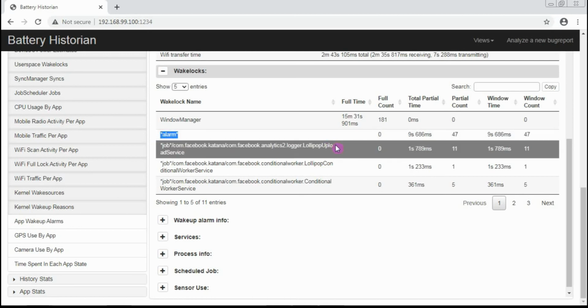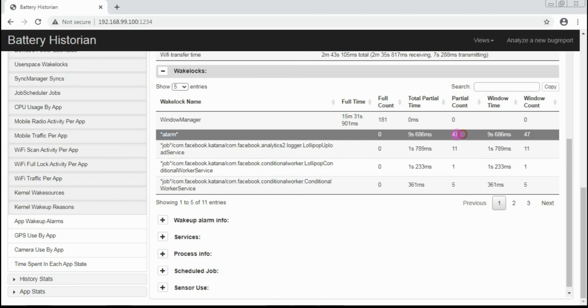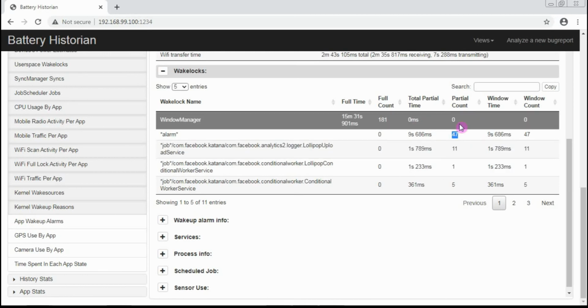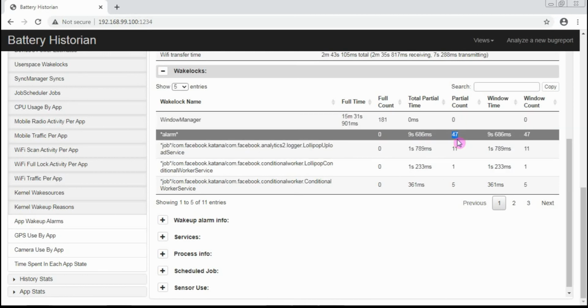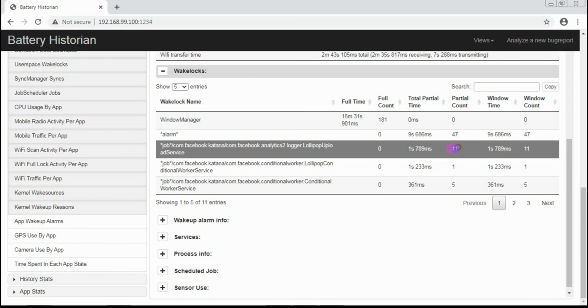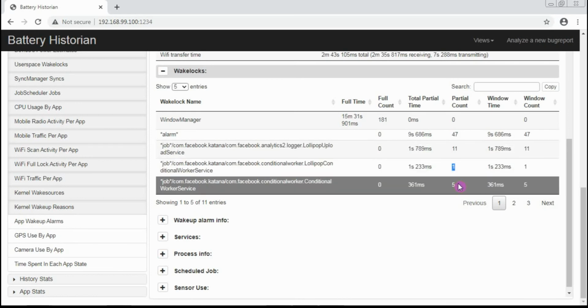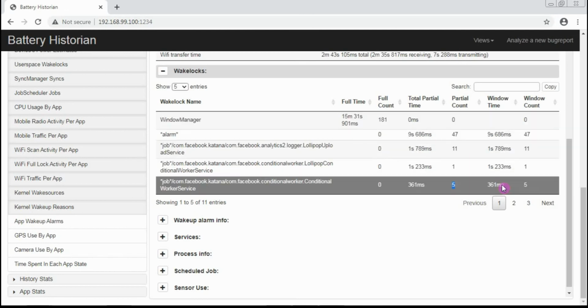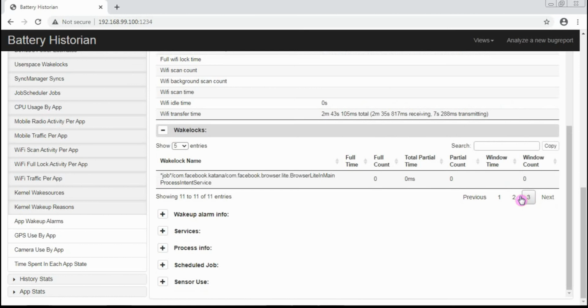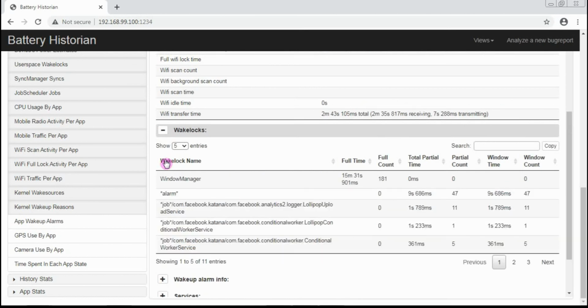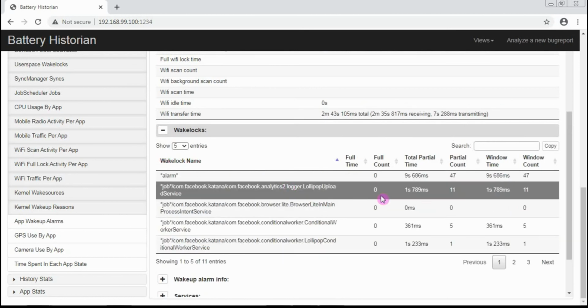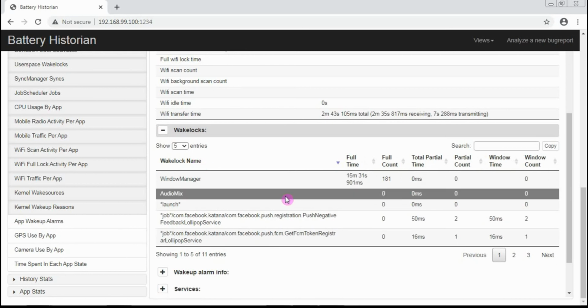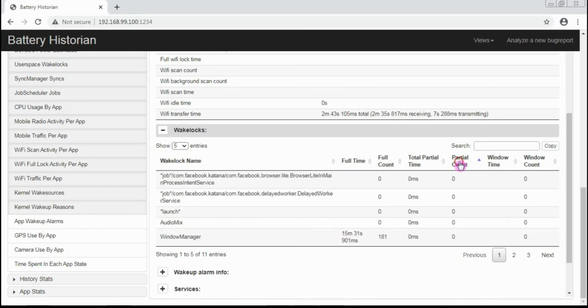Say I am using my application for 3 hours, and in 3 hours I am getting thousands of partial counts in which my application was actually waking up. That particular count would be dangerous for our application, and it will be using a large amount of battery, so we should be avoiding that. Here we will see all the services which were running in terms of wake lock name. So you can definitely raise this if you feel the count is huge.